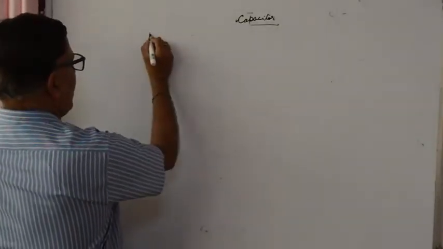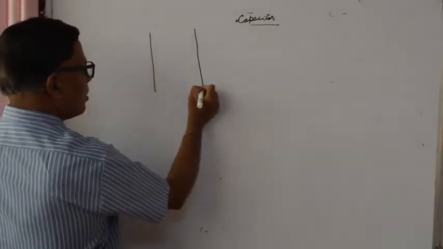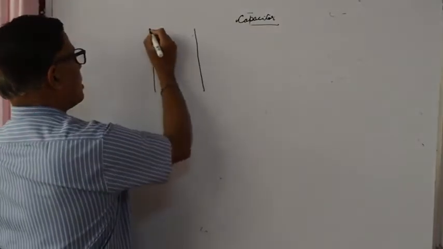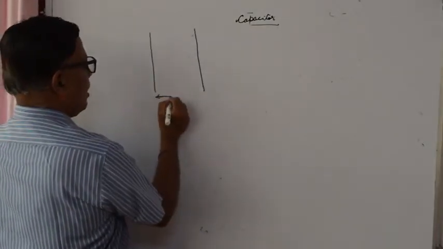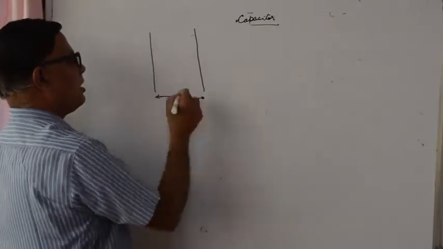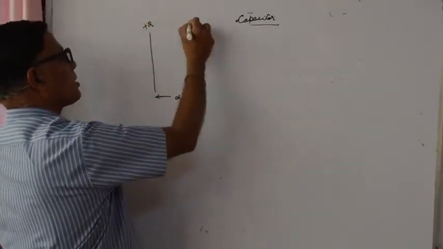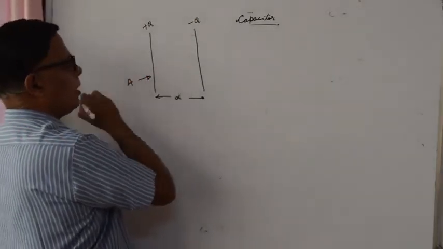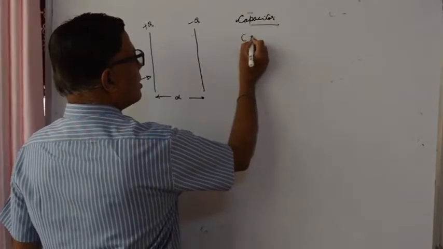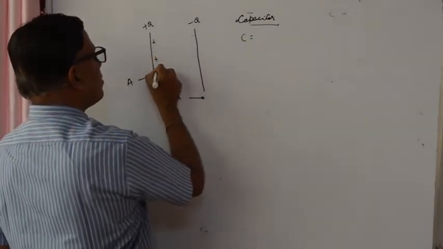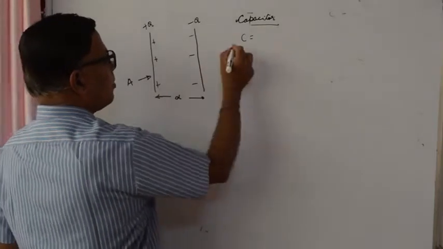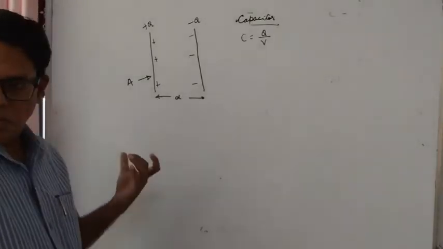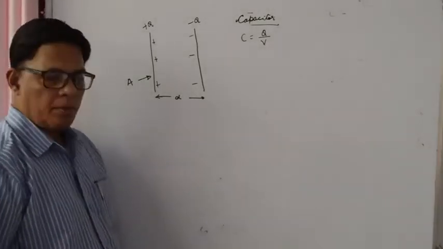Here we are having a parallel plate capacitor. Don't think it is a line, it is a type of plate. Okay, so this plate, having the distance between the two plates as d, charge plus q, minus q, area of the plates equal to A. We know that C is equal to q upon V, that is the potential difference between the two plates. Okay, now